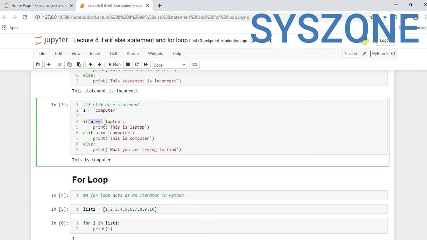Now if a equal to laptop, then print "this is a laptop". Elif, another condition, a equal to computer, then print "this is computer". Otherwise it will go into the else part, and print whatever you want.